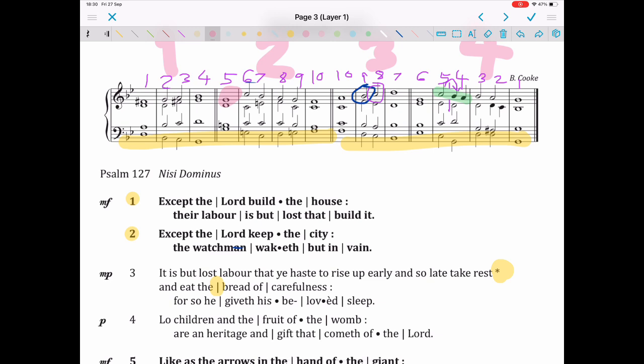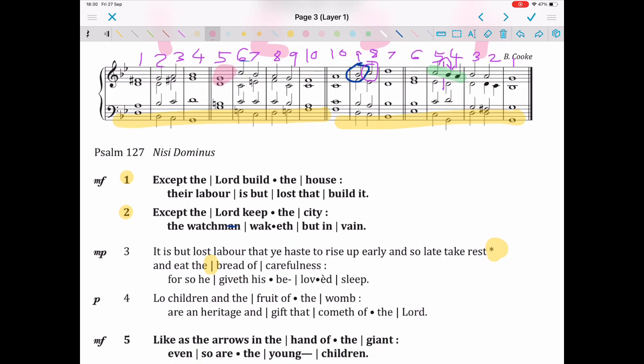It goes, for so he giveth his beloved sleep. And then the next one is, lo, children and the fruit of the womb are an heritage and gift that